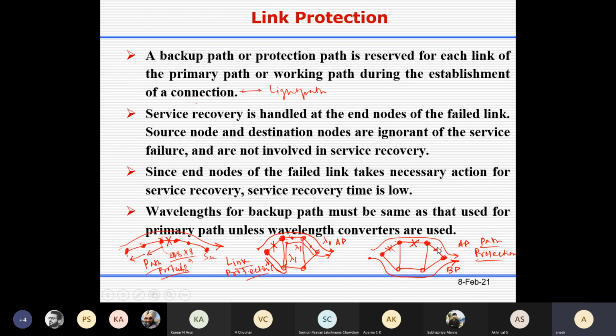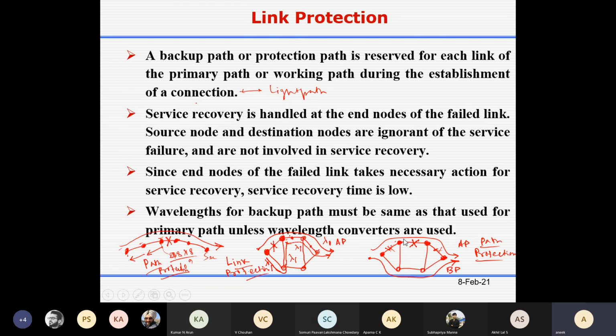So if I am using path protection, first the failure will be detected by these two nodes which are adjacent to the failed link. Then they will use some strategy to activate the backup path. For that it has to send a control message. It depends on whether we are using link protection or path protection. Let's say we are using path protection. So this control message should be sent to the source node of the light path, because this was your light path, and it has failed over here.